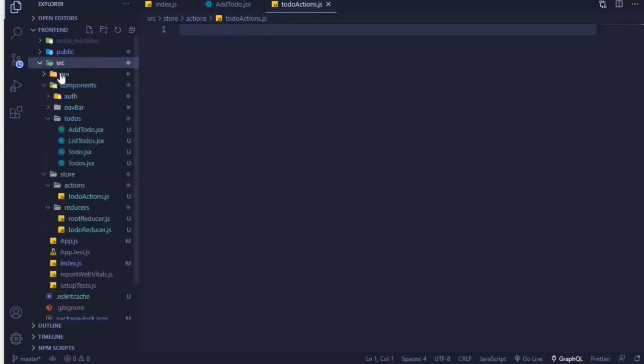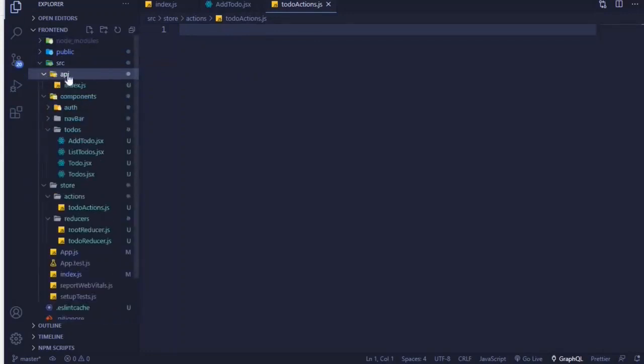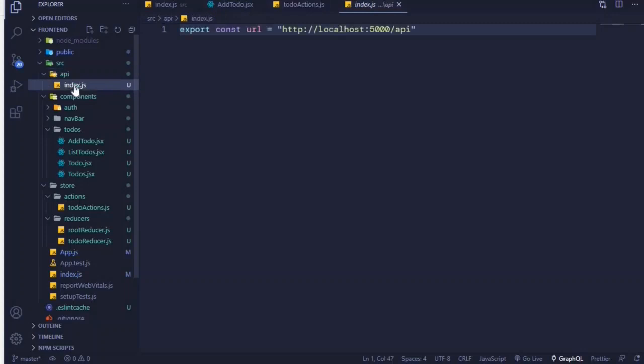And then in your src folder you'll create a new folder called API. Then you create an index.js file inside the API folder, and what you will do is create a constant which is URL and set it to this string, http://localhost:5000/api, and this is trying to hit our backend endpoint or our backend API. Okay, and make sure that you export it because we'll also need this one